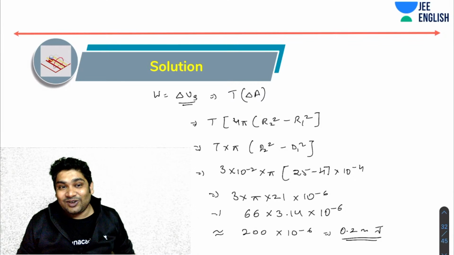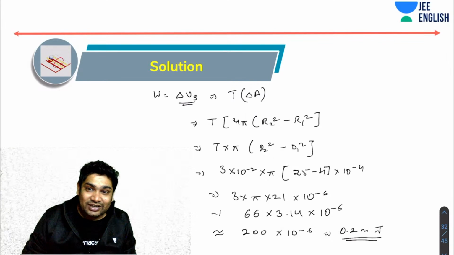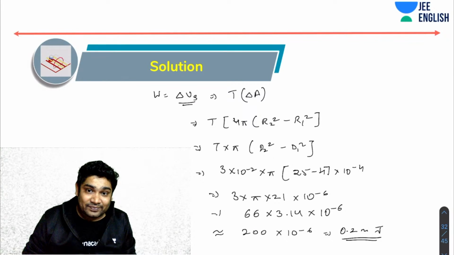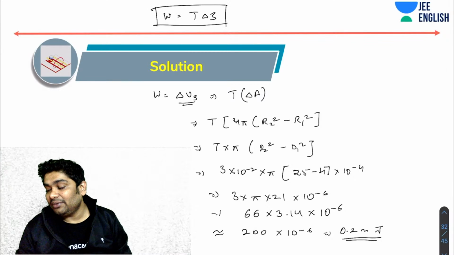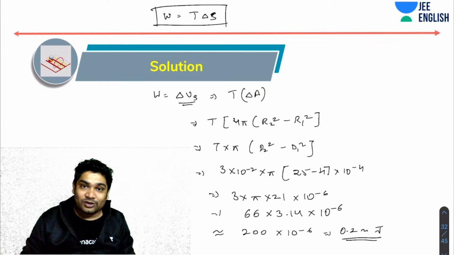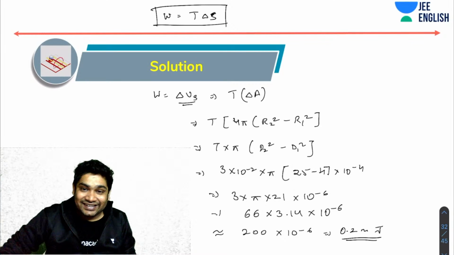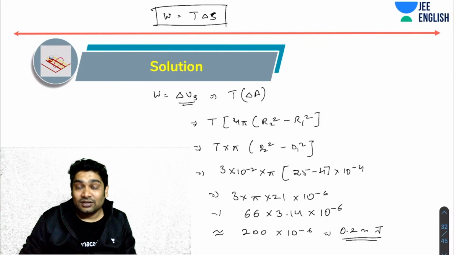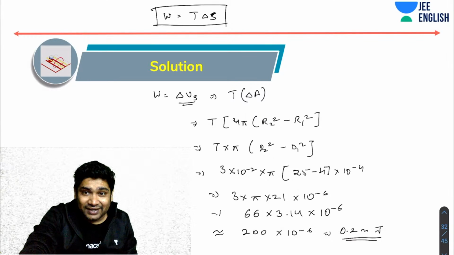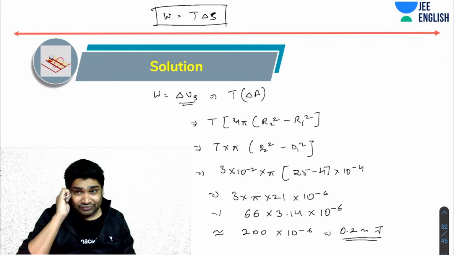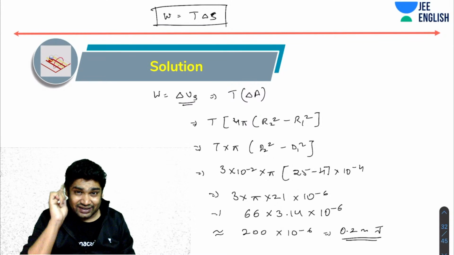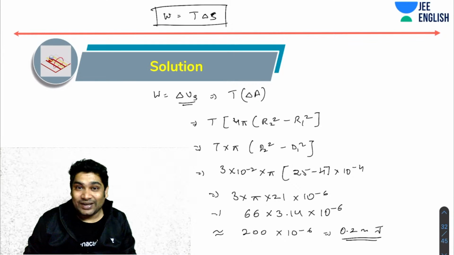यस, दिस फॉर्मूला। और वर्क डन कभी भी कैलकुलेट करना है तो T डेल्टा S करो, ठीक है, कभी भी वर्क का क्वेश्चन आ गया, T डेल्टा S होगा हमेशा। कभी भी फोर्स का आ गया तो T इंटू L होगा, वर्क का आ गया तो T डेल्टा S होगा, ठीक है। 0.2 मिली जूल होगा, 2 मिली जूल नहीं, 10 की पावर में थोड़ा सा देखना था, बट रफली ठीक ही आंसर, ठीक है। ओके, सो दिस इज अ टिपिकल प्रॉब्लम ऑफ सरफेस टेंशन।